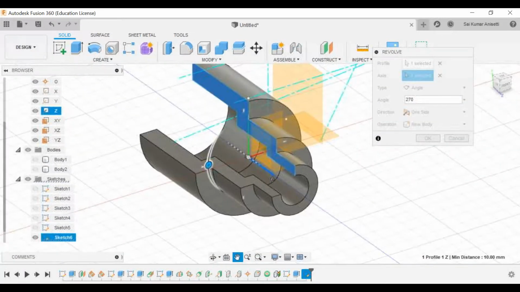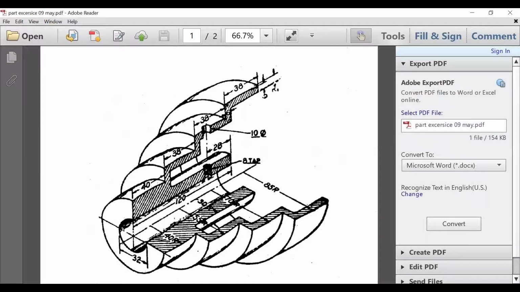In order to show it as an isometric view, the drawing has a section cut, that's all. This does not mean that you have to draw a 3D model by taking the revolve option as 270 degrees only. In fact, this is a 360 degree solid component. Don't get confused. If in your examination he says to draw this component, don't revolve it for 270 degrees. You have to revolve it for 360 degrees.